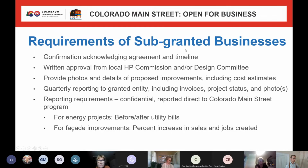So, requirements of the subgranted businesses. There are a lot of templates on our website pertaining to this particular program. Two of them are for the business owners. One is for them to fill out a one-page Excel spreadsheet that states the scope of work that they're asking to be done. They need to confirm and acknowledge the agreement and the timeline and their reporting requirements, which will continue for a year after this award, so we can measure success in terms of increased sales revenues, jobs,